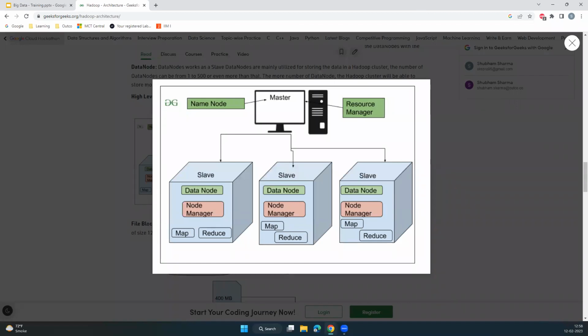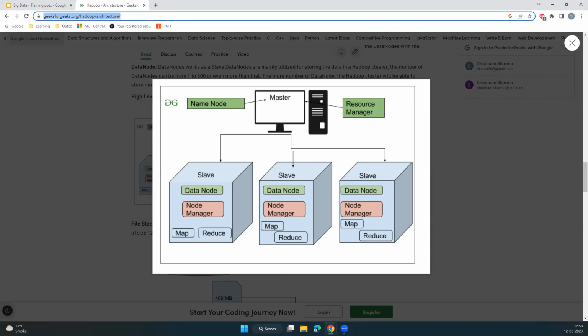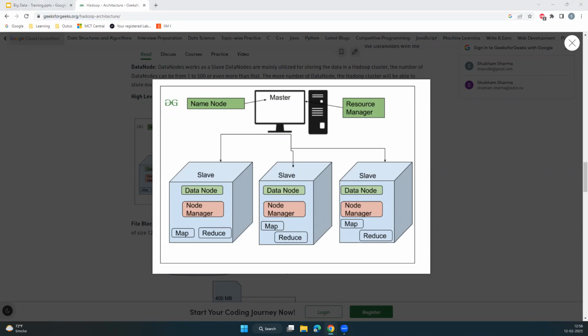So I hope you're able to see the GeeksforGeeks link, right? And this architecture diagram. Yes. Perfect. I will paste it in the chat also. Just on this page. Now, where is my list here? I will take